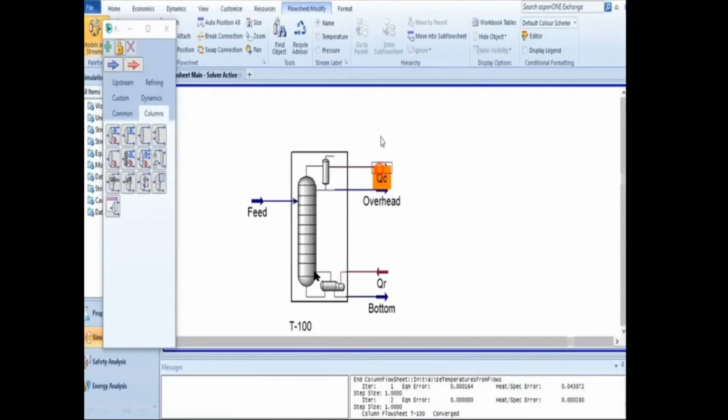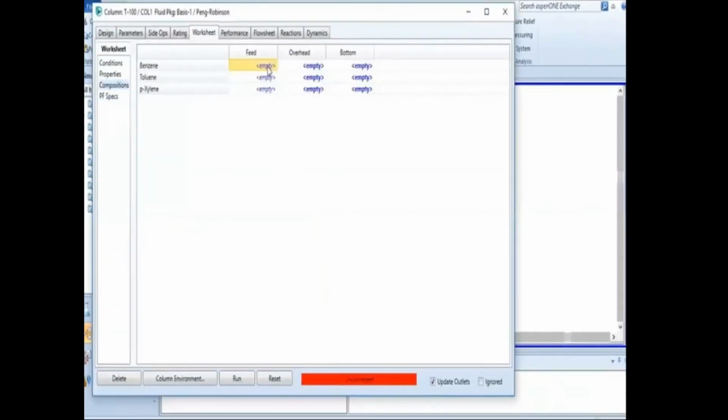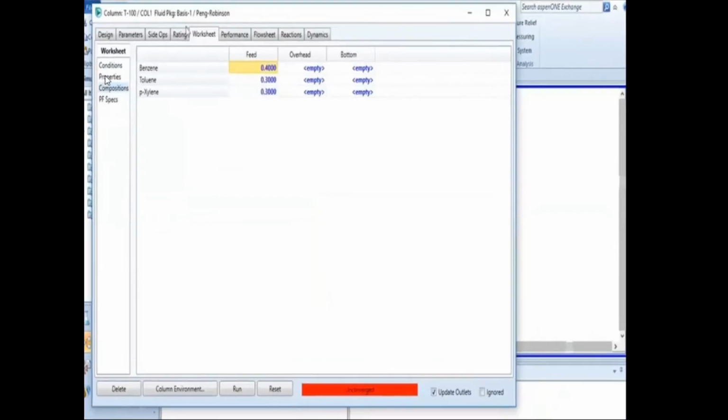Means we can check from this what is the purity of our end product. Okay, so I told you that we have to now enter the composition for benzene, toluene, and paraxylene. After that, you have to put your conditions as well. After putting your composition, you can see benzene composition is 40%, 30%, and 30% like this.